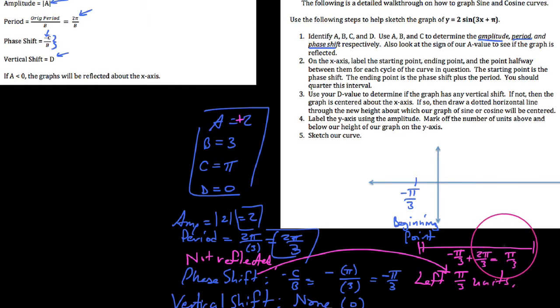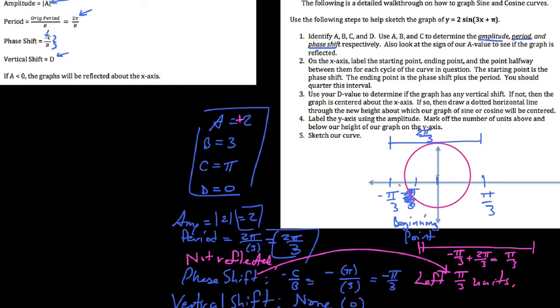So technically, I think that we need to spread this apart just a little bit more. So I'm going to call this negative pi thirds. I'm going to call this positive pi thirds. So we're going to go out one period length past this. This is a period length of 2 pi thirds. So from start to end, and we say the halfway point. Now the halfway point's got to be 0 here, so that's why I said I'm okay with deleting this right here. Because what we'll do is we'll take this halfway point, label it, and then cut that into our 4 subsections here. Okay? So once we have this,